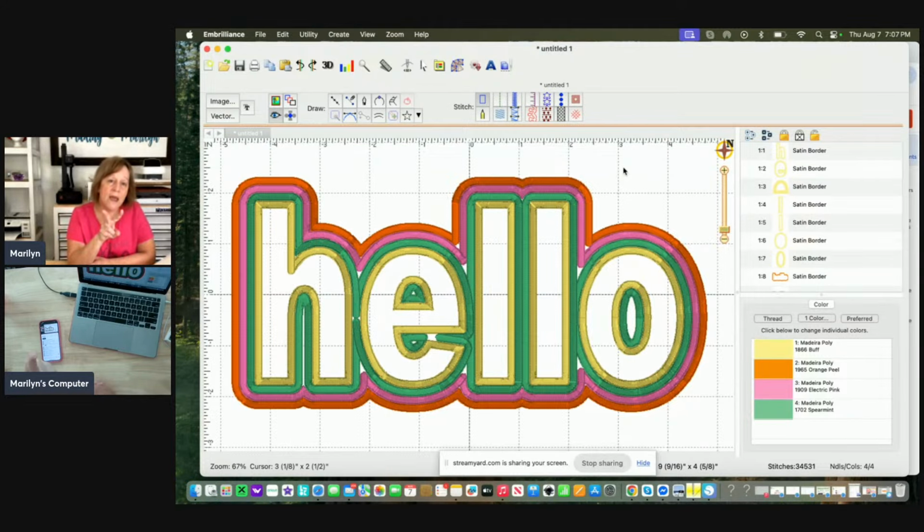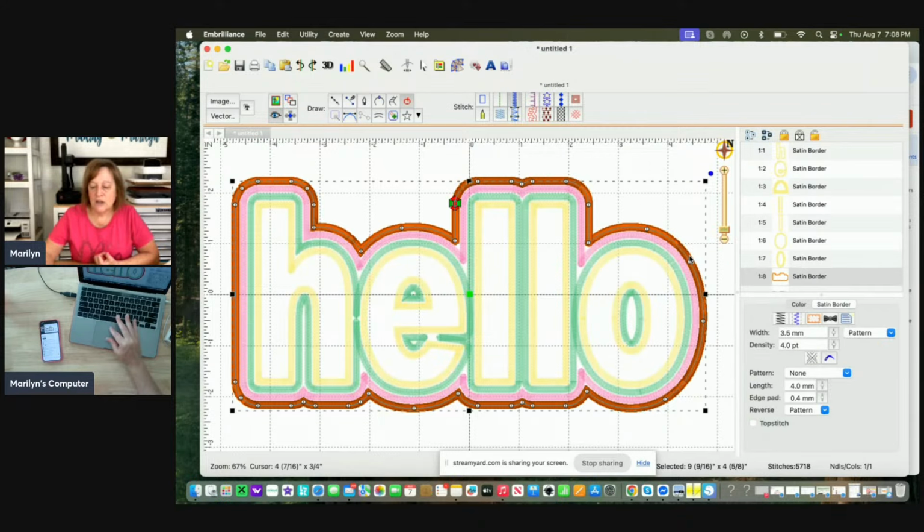I have two ways that I know of that I can gain more space between these. First of all, the way I did it was I had my offset or my shadow layers larger. So between the outside of each of my shadows was a larger space. So that's one way, and we can play with that in a minute. The other way would be to change the width of your satin border. Notice right now it's at 3.5. Let's see what happens if I